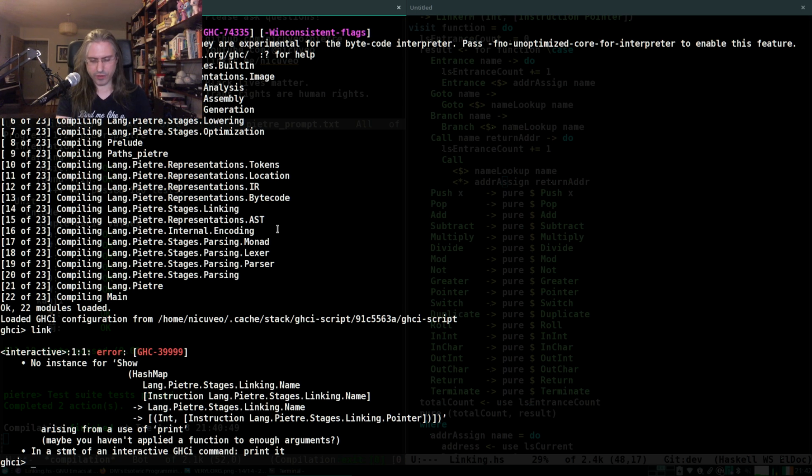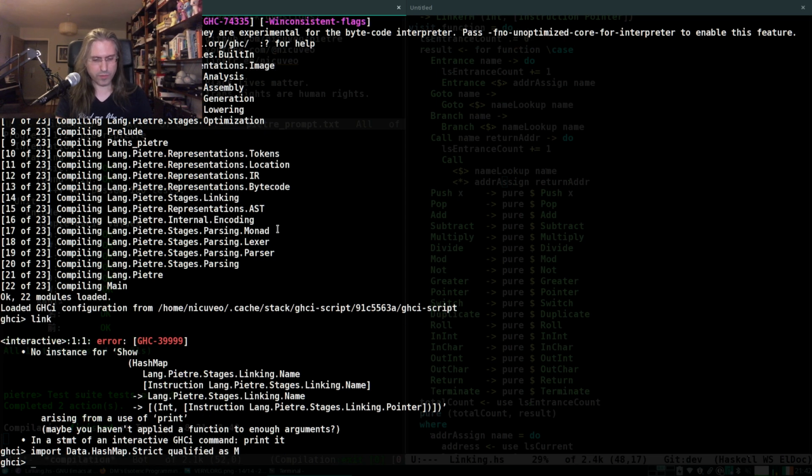So let's create a very, very basic function to try first. Let me import Data.HashMap.Strict qualified as M. Well, yes, this one can be strict. And let's try to do a link.